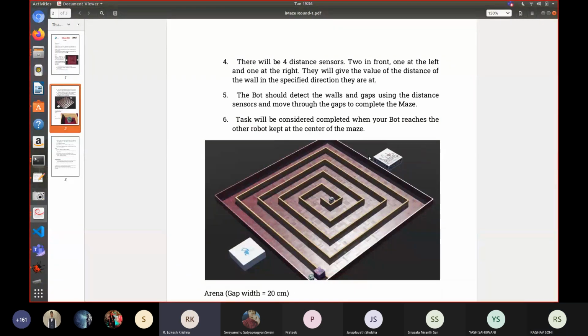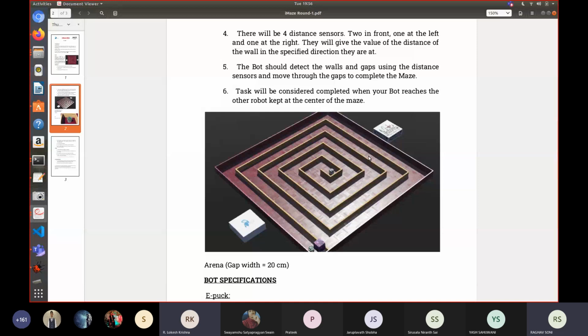So guys, as explained by Yash and Raghav here, the basic functions and everything are going to be the same. All of you will have the same sensors, the same robot, the same simulation, and even the same functions. Everything is going to be the same. So where exactly can you make a difference is these two aspects, like what Raghav said now: the smoothness and the time in which you finish.